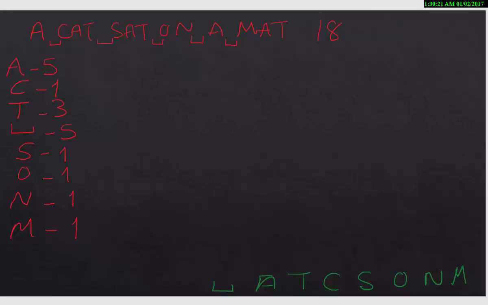So let's just add these up to make sure they equate. So that's 14, 15, 16, 17, 18. So that's correct. And make sure we label these up here. There's lots of ones, which is quite helpful. A T is 3, and that's a 5, and that's a 5. So again, 18 times 8, 80, 60, 144